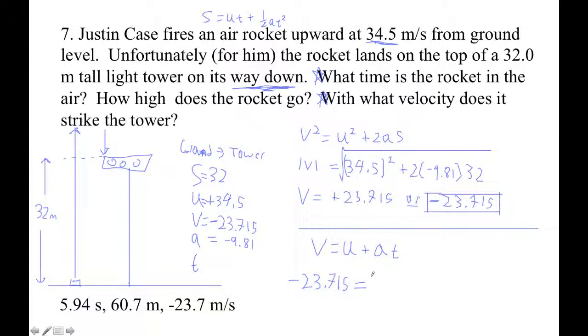Equals the initial velocity, so that's 34.5 plus negative 9.81 times the time, right? We're trying to find the time it hits the tower, right? Don't feel like you've got to answer these questions in the order they're asked. Just answer them any way you can. All right, so let's see. We've got to do math here, don't we? Okay, divided by 9.81. I'm doing math. All right, 5.934. Okay, so my t is